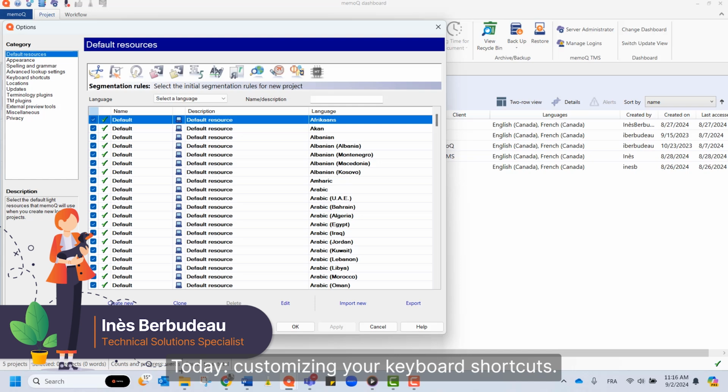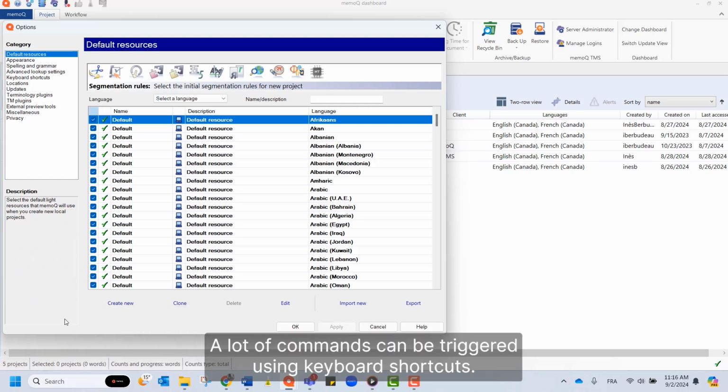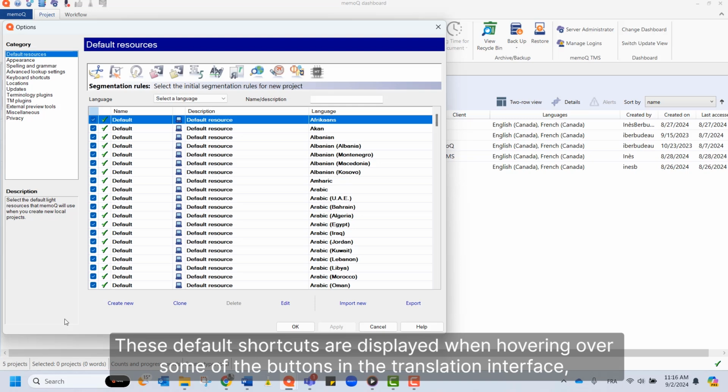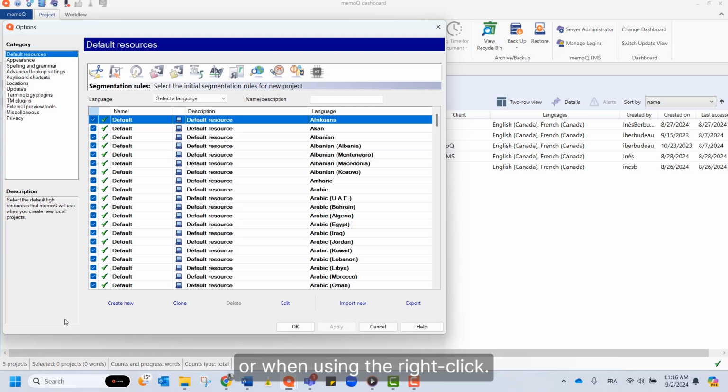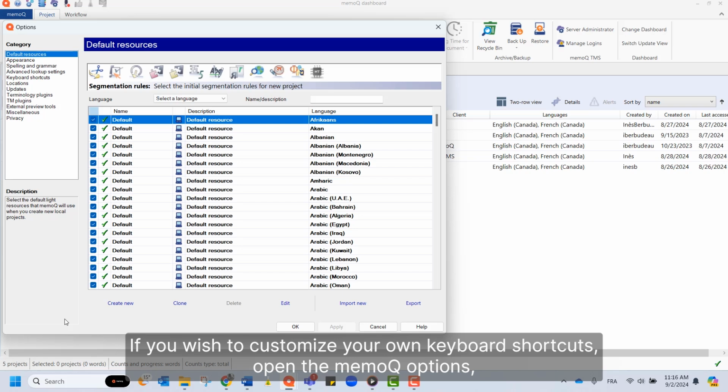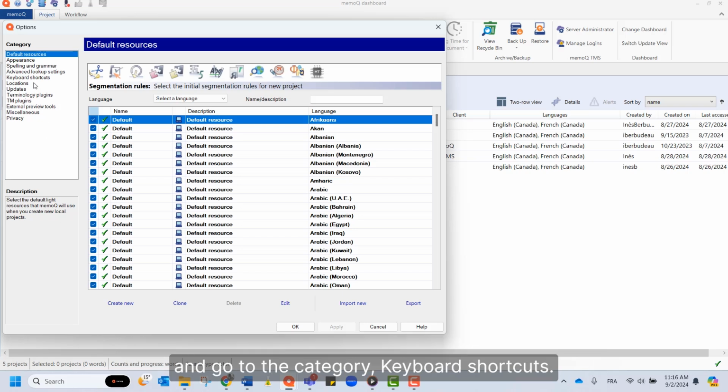Today, customizing your keyboard shortcuts. A lot of commands can be triggered using keyboard shortcuts. These default shortcuts are displayed when hovering over some of the buttons in the translation interface or when using the right click. If you wish to customize your own keyboard shortcuts, open the memoQ options and go to the category